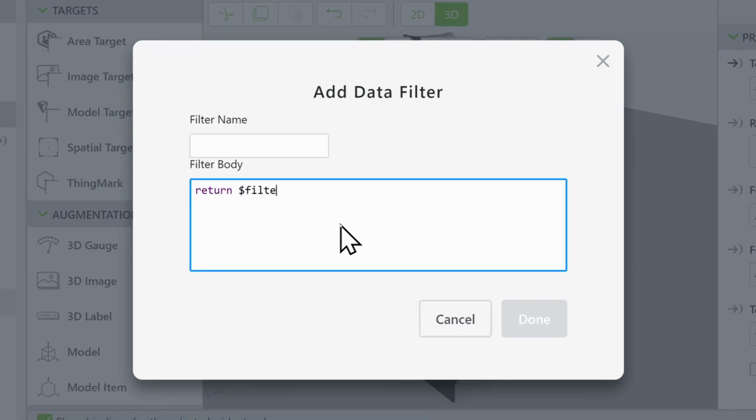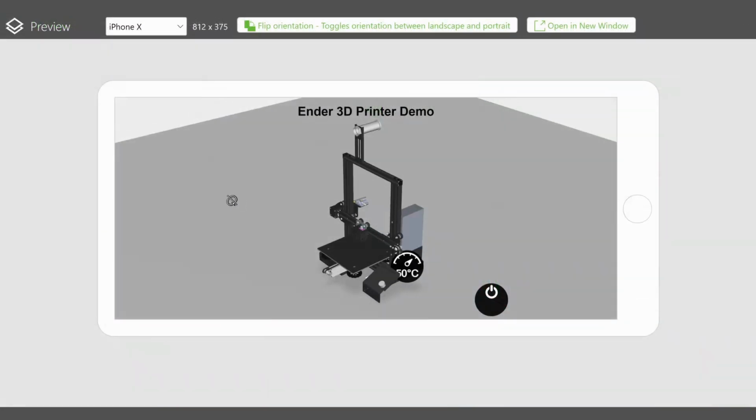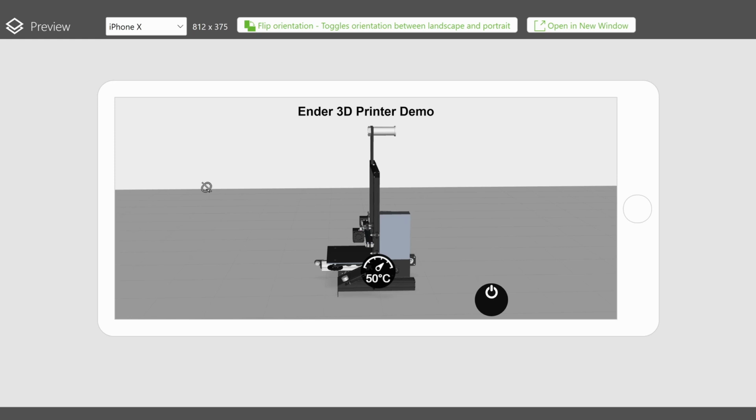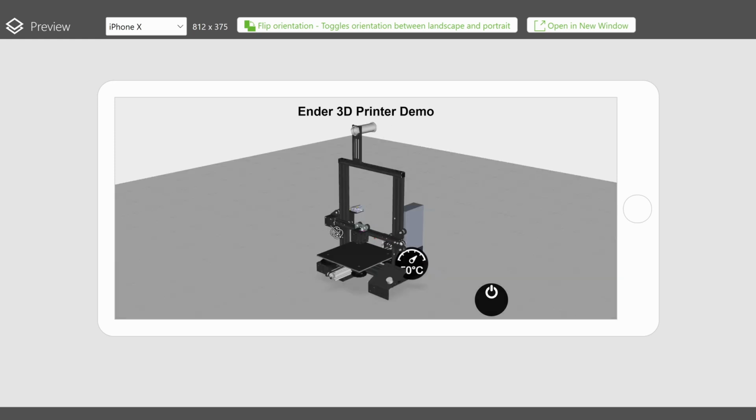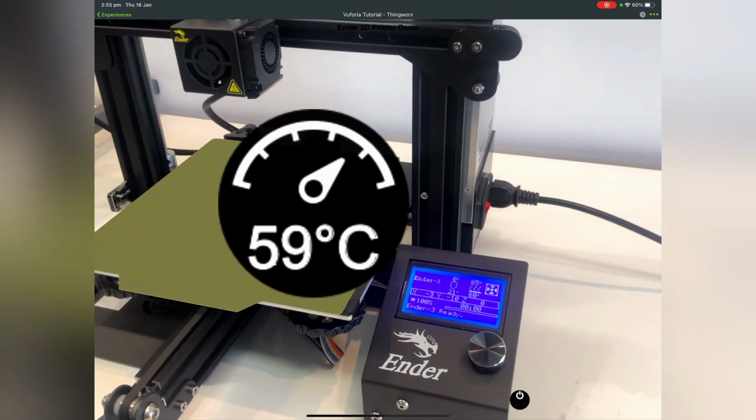To learn more about using JavaScript in Vuforia Studio, check out our video on the topic, which has links to additional resources. You can now see that the temperature value display has a corresponding unit attached to it. Once finished, save and publish the experience. When viewing the experience on the Vuforia View app, you'll be able to see the IoT data change in real